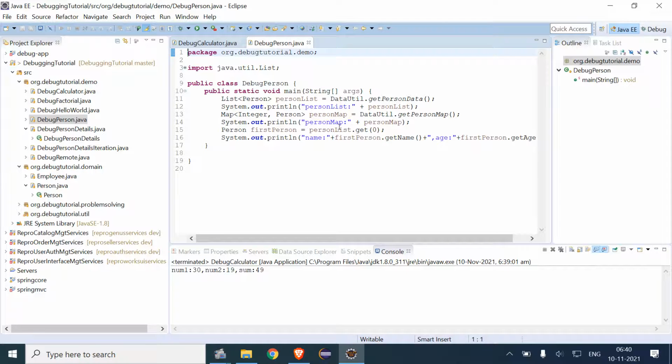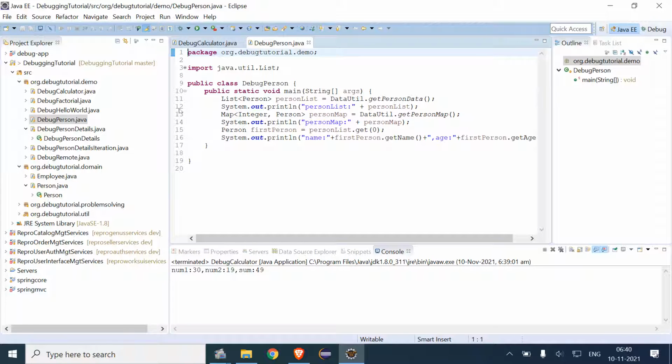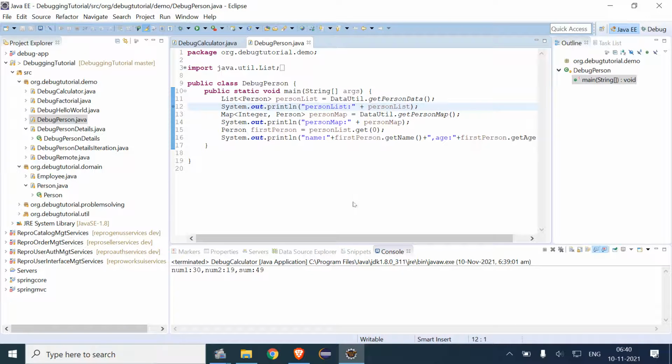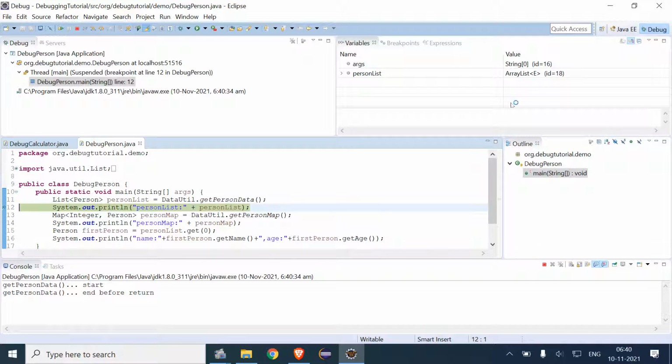So let's place a breakpoint at line number 12 and try to run the program in debug, and let's see if we can change the value.